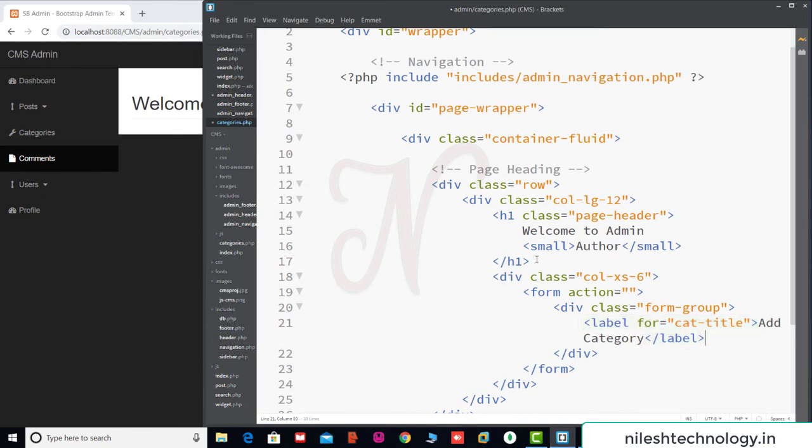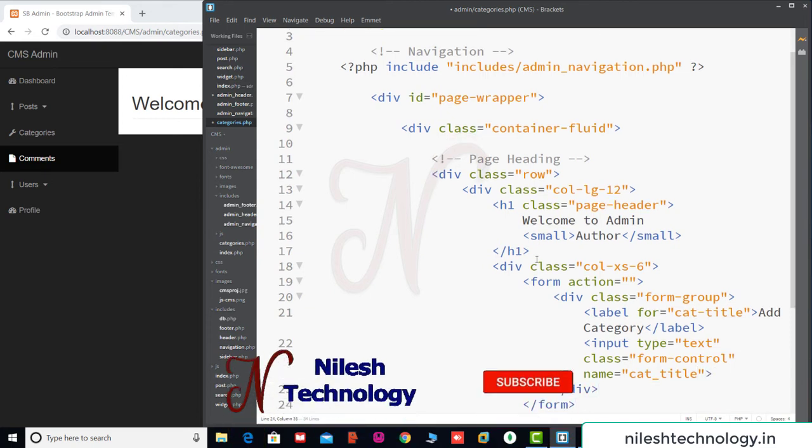Then here input type equal to text, then define one class again, form-control, and the name of this text field is cat_title. So here we close this div tag.